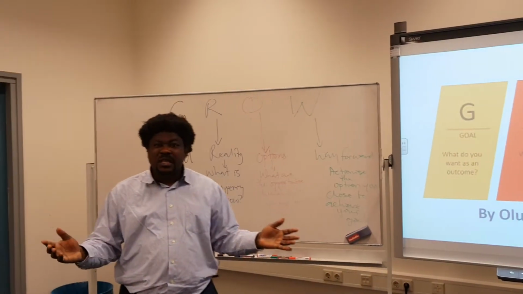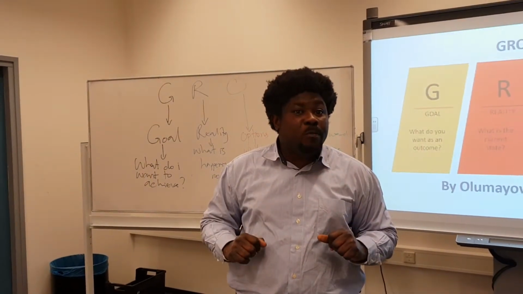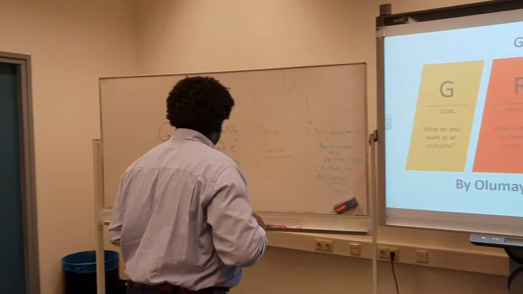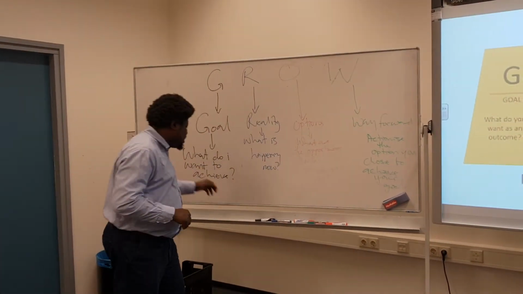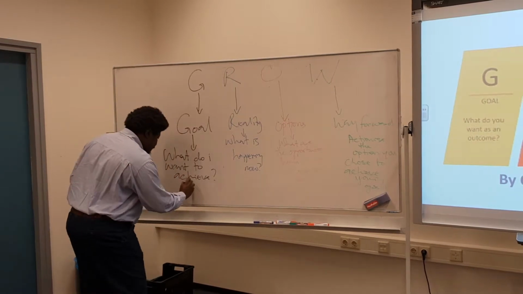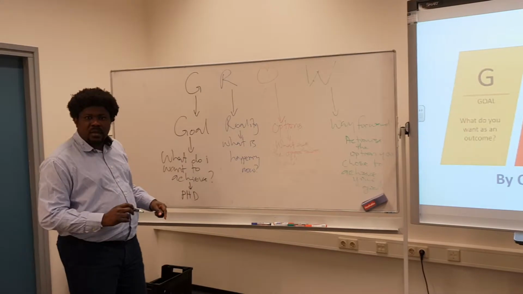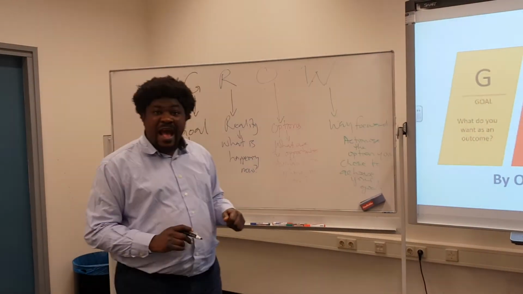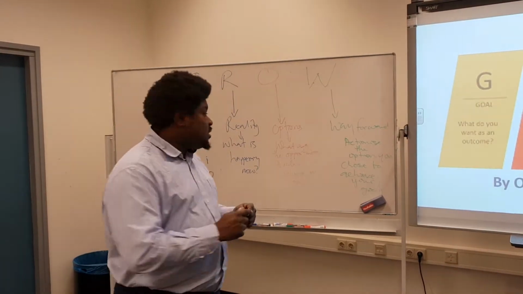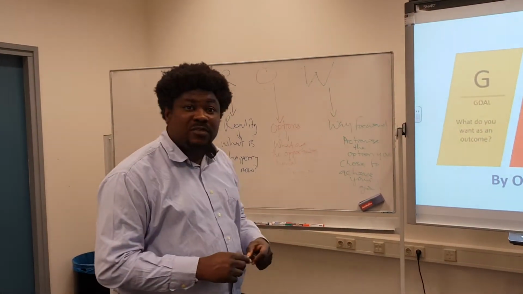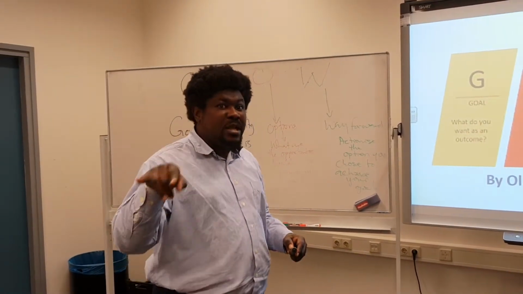In practical terms, I give a very simple example. Say Victor here wants to do a PhD degree, and it's the 7th of January 2019. I would say, what do I want to achieve? And my answer would be PhD degree. One thing I should quickly add here is that your GROW model must be smart. It's not enough for Victor to say he wants to achieve a PhD degree, but when do I want to achieve it? So you have to put a time to it.